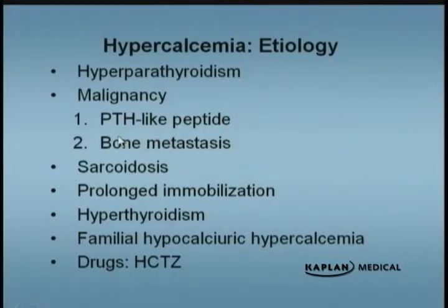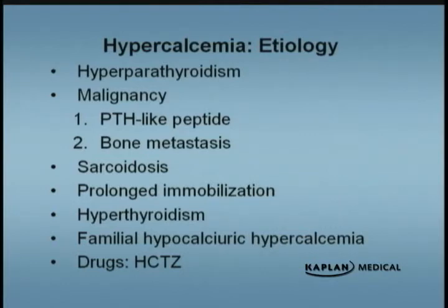There are two ways that malignancy could cause hypercalcemia. The number one cause in terms of frequency is bone metastases. For example, you have multiple myeloma, or metastatic breast cancer, and because of the metastatic disease to the bone,